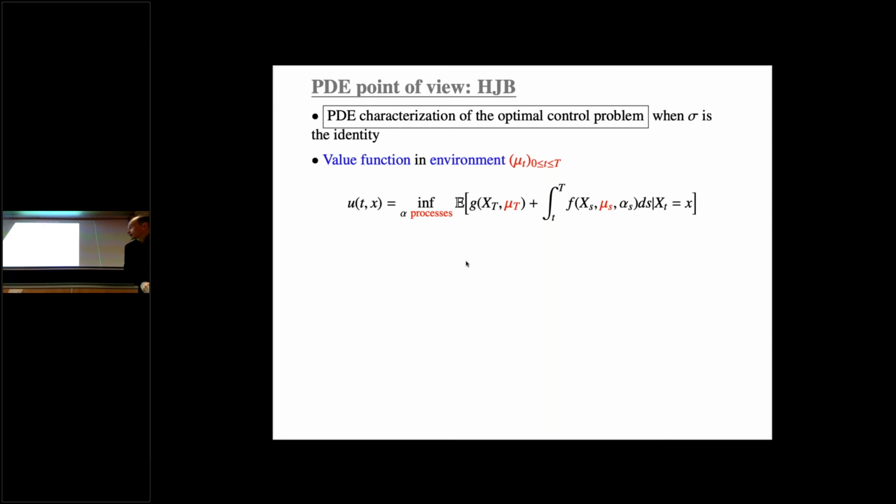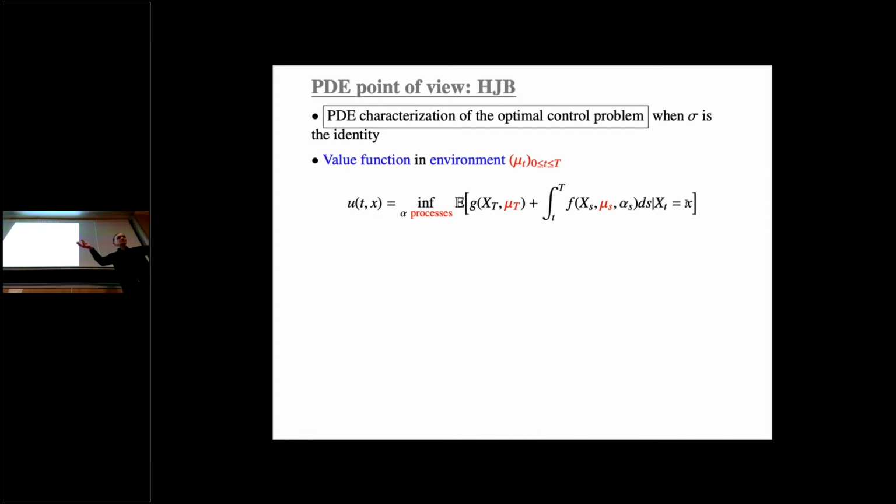And so this point of view gives an equation, a PDE, that is called the Hamilton-Jacobi-Bellman equation. So this is what we call an equation for the value function. So this value function, this is the little u that you have in this definition. So it depends on μ. So μ is the same as before. This is describing the state of your population. This is the candidate for being an equilibrium. And so you are prescribing the interaction here with the population, μt and μs. And you see that you regard the best possible cost till the end when you start your initial state from little x at time t.